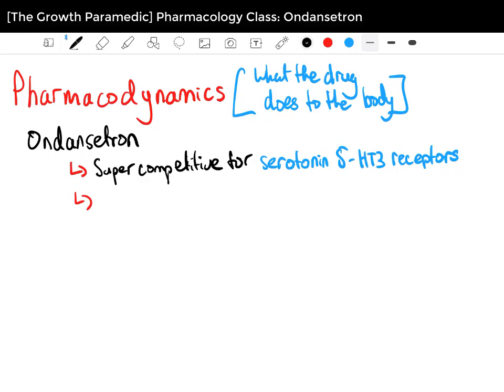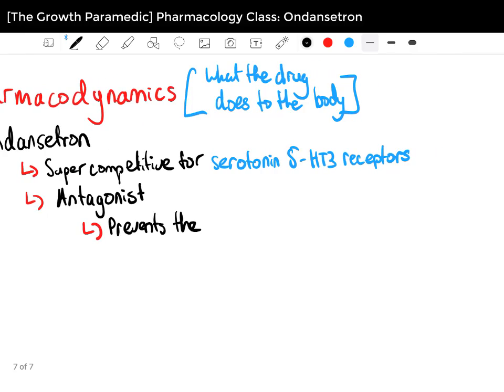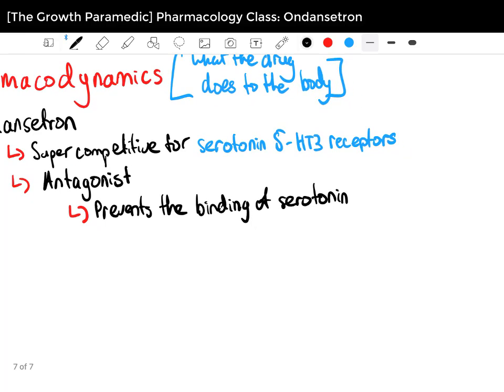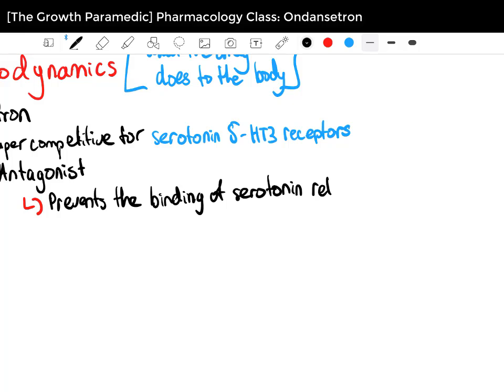Ondansetron is an antagonist. We know what an agonist is. When they bind to a receptor, it produces a biological response. But if it's an antagonist, it means, and in this case for Ondansetron, it prevents the binding of serotonin. Did I spell that right? Yeah, I did. Serotonin released from the